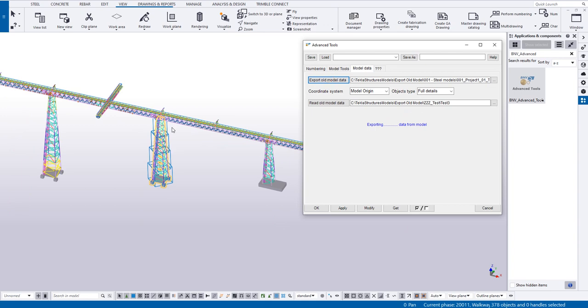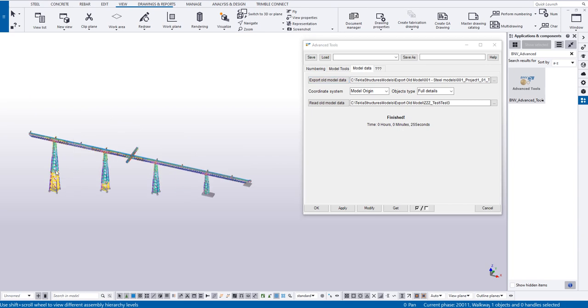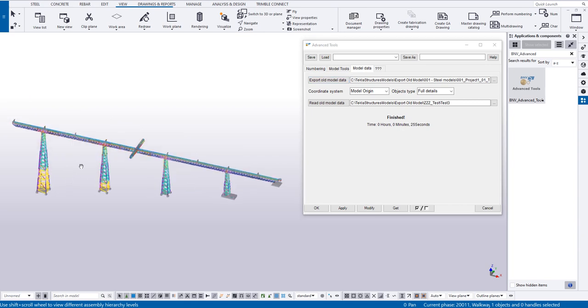Similarly, we export TD support 2, and that is very fast. We export TD support 3. You can select the assembly type to export or select the beam or component, and that is finished now. Similar for TD4, that is finished now. You can select all the model at one time or select only the structure you want to copy and export data. You can use the coordinate system at work plane or model origin, and the type for export, full detail or system beam.